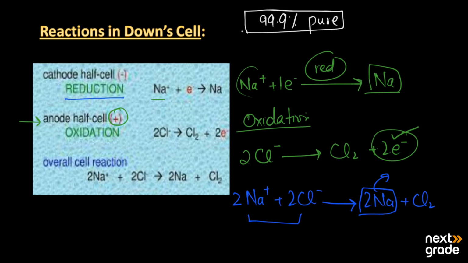Now, what is the main benefit of the Downs cell? What is the advantage of the Downs cell? The main advantage is that it produces liquid sodium that can be collected very easily. On the other hand, the material of the cell is not attacked by the products, or it is resistant towards the products. There is also no metallic fog produced. Metallic fog means the metals do not form a fog-like material in the cell. So this process is very safe, and in this we gain pure sodium metal at a temperature of